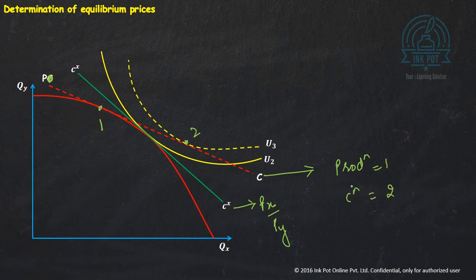It's not an overlapping point. I want to consume more of X than I want to produce. So demand of X is higher, so price of X will rise. When price of X rises and vice versa for the other good, our line becomes a lot steeper, which means I shift from the PC line to the CX line. The moment I shift to the CX line, my point of consumption and production become the same, which is 3. At 3, I know that the price on the CX line is the equilibrium price, because at equilibrium demand and supply are always the same.